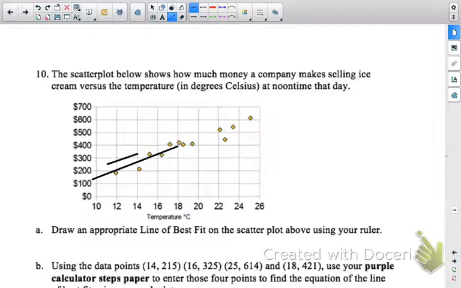Well, let me delete it. So I'm just going to try again. Something like this. I want about an equal amount of points above and below that line. So it looks to me like there's definitely a positive correlation that as the temperature increases, the ice cream sales also increases. Then I give you a set of 4 ordered pairs that you're supposed to use to find the